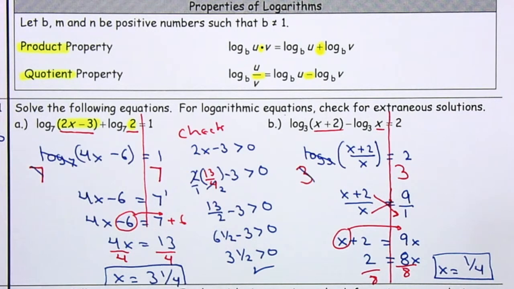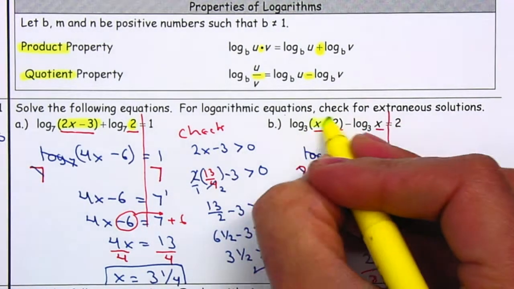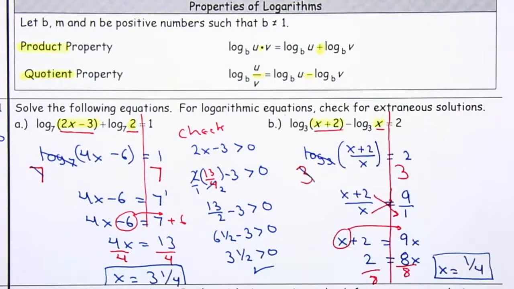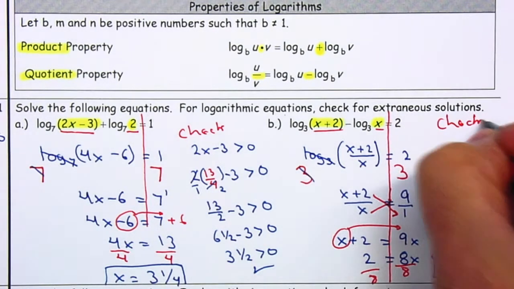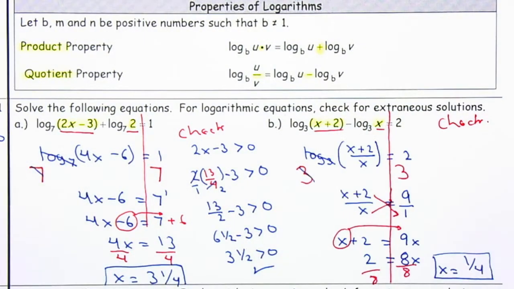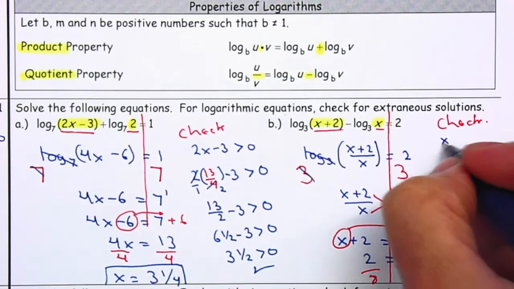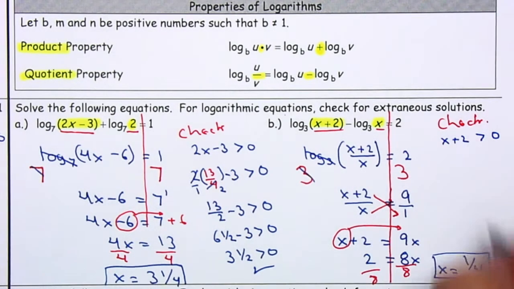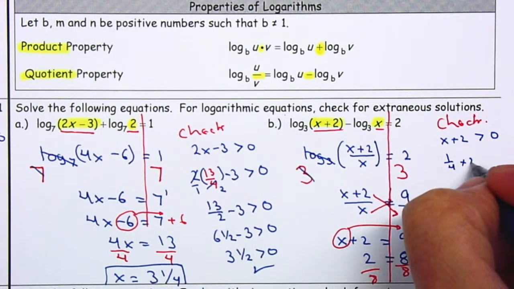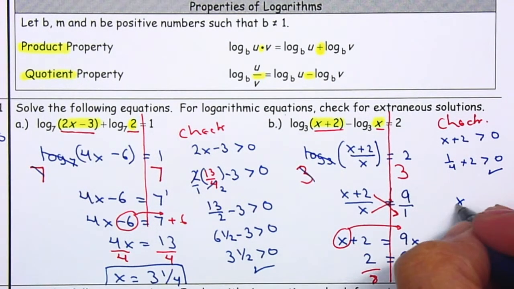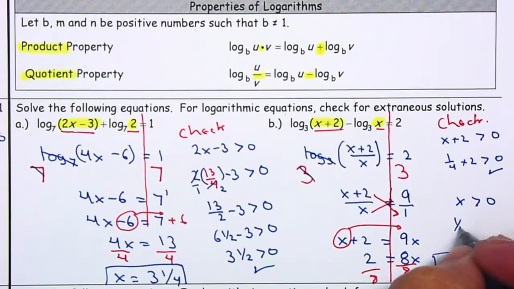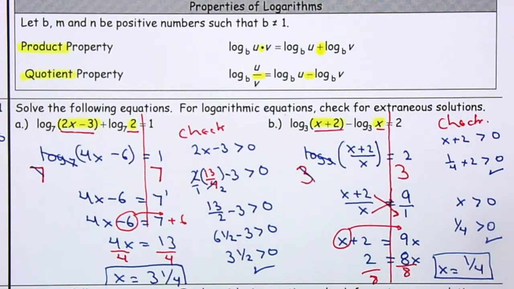Now I want to make sure that I check. Whatever's inside the log has to be bigger than 0. So check 1/4. So x plus 2 has to be bigger than 0. X is 1/4. So 1/4 plus 2 is greater than 0. Yes. Also, x has to be greater than 0. Is 1/4 greater than 0? Correct. So the answer is